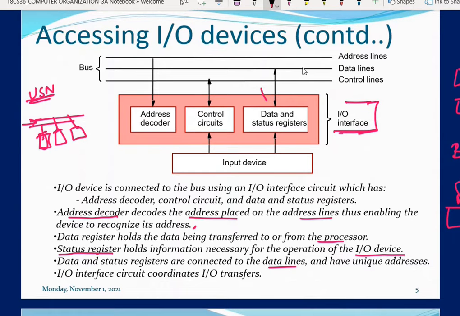Then the control lines are connected to the control circuit, where it is going to receive the control signal. So this is an IO interface. These are the commonly used terms: address decoder, control circuit, data and status register. I will be using these components or these terms frequently in all the remaining topics.